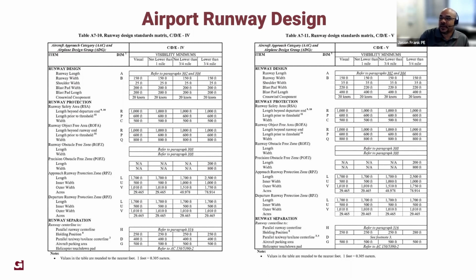into the aircraft. We also talk about the RSA, which is called the runway safety area. This is the area that's beyond the ends of the runway and also runs parallel to the runway, on the left and right side. You can see there, for this case, this is 1,000 feet. So, we want to make sure that nothing before the runway 1,000 feet or after the runway 1,000 feet is there that is not what we call fixed by function, which means it has to be a frangible, like a